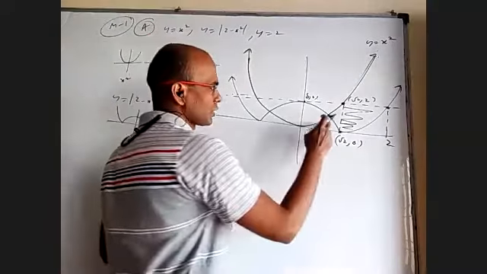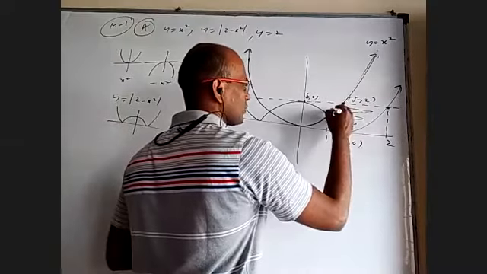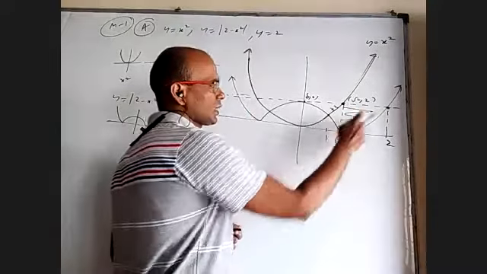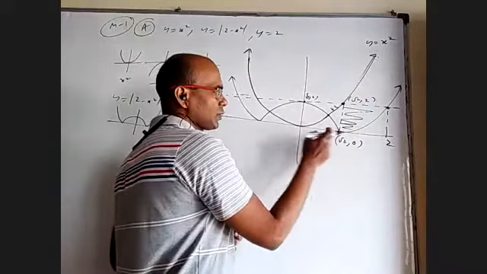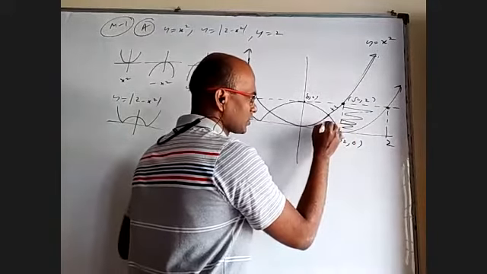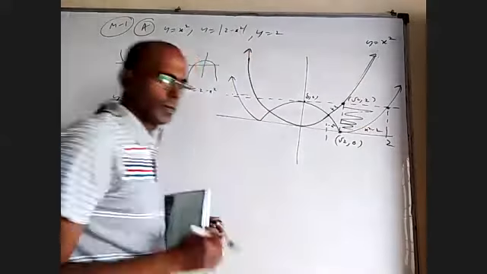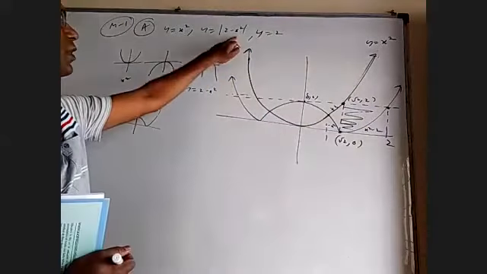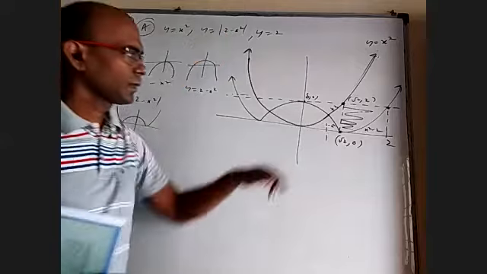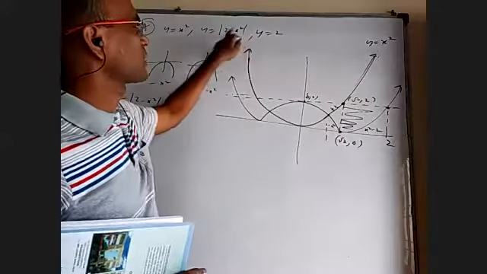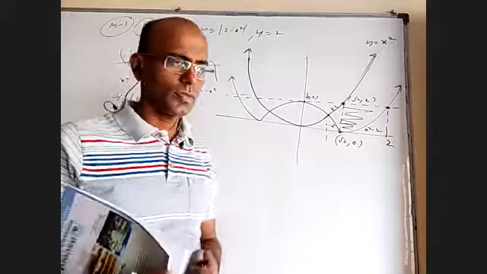And we should know the equation of each one separately. This is the graph of x square. This is the graph of mod 2 minus x square, but from here to here, the graph is actually 2 minus x square, and after root 2, it is x square minus 2. Because up to root 2, x square is smaller than 2, this is positive, I can remove the mod. Whereas after root 2, x square is bigger, so this is negative, so I have to take the minus of that.